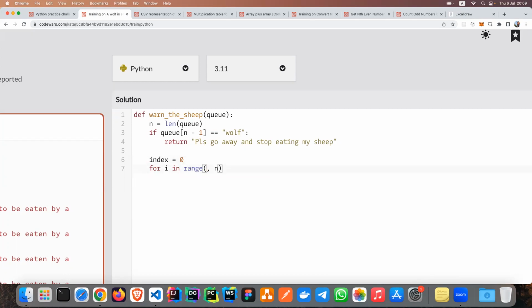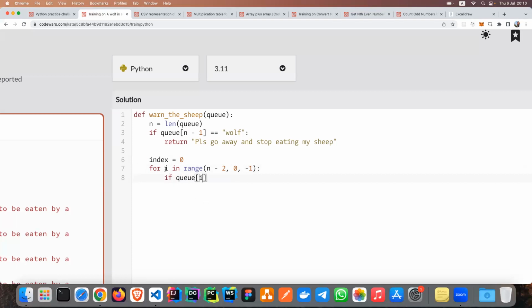For example, I start from n, actually n minus 1, and then actually n minus 2 because we already looked at n minus 1. We already looked at the last element. We go to 0 and we go back, minus 1 here just means backwards. We start from n, we go to 0, and we go backwards. Just minus 1 means that we go backwards. Okay, so if